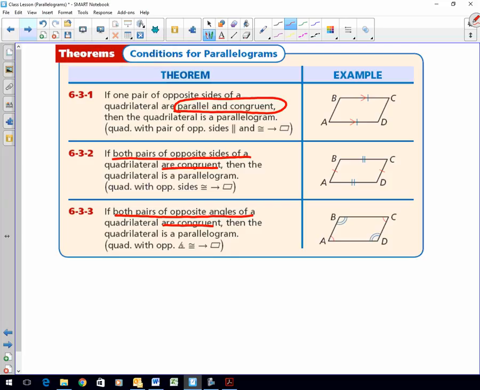Recap. One pair of sides is parallel and congruent. Both pairs of sides are congruent. Both pairs of angles are congruent. This isn't to say that's the characteristics of a parallelogram. This is to say if these are true, then I have a